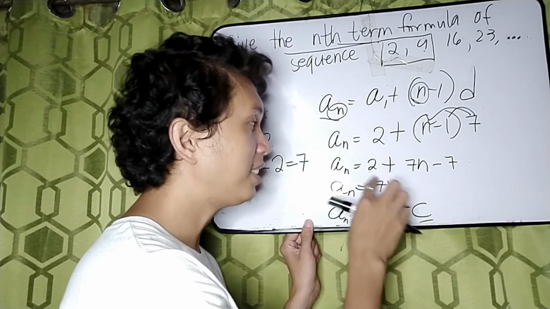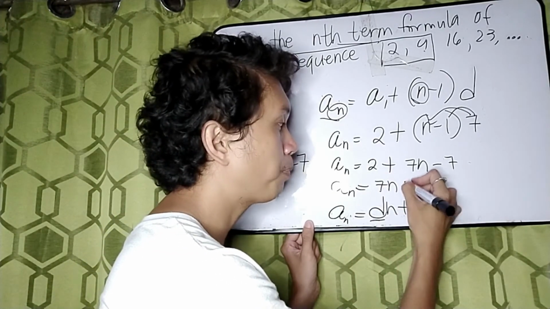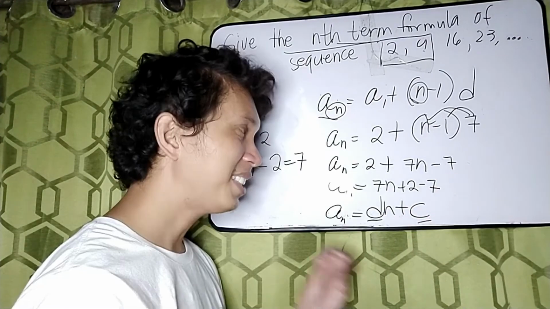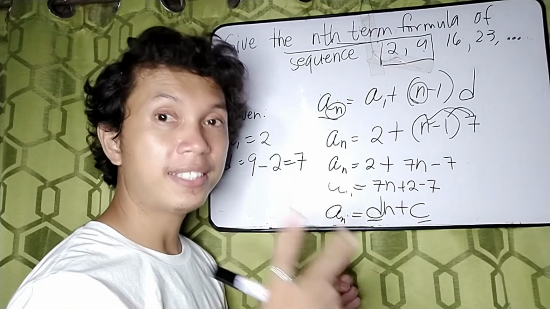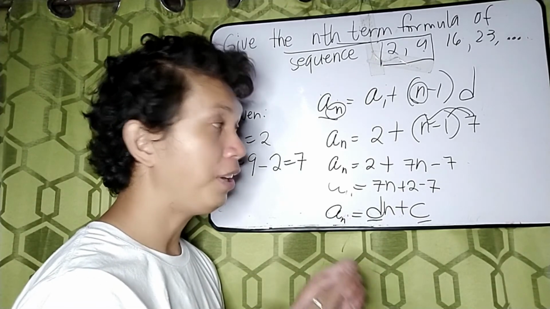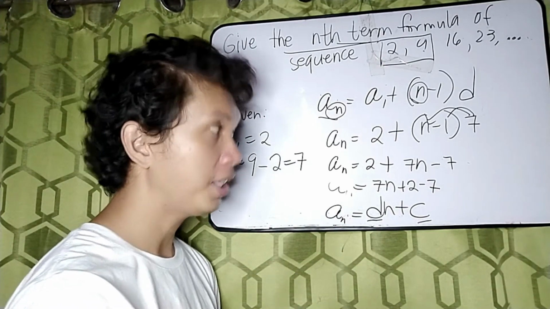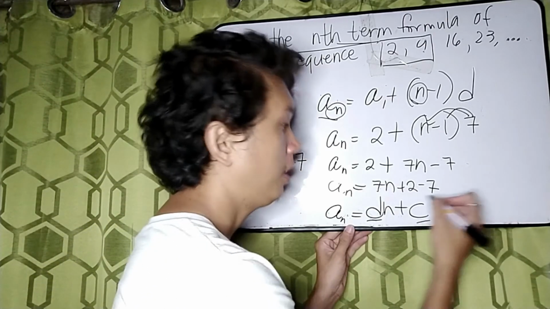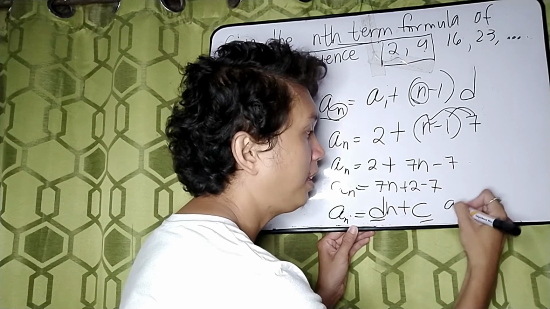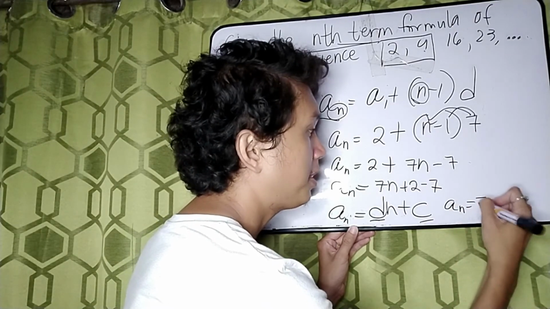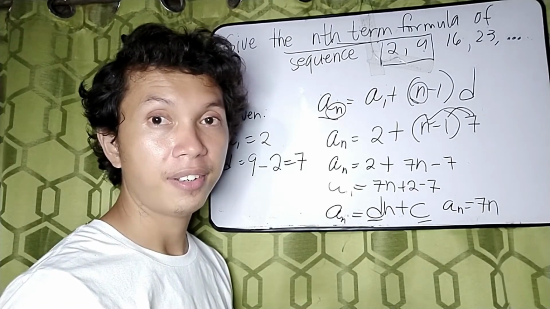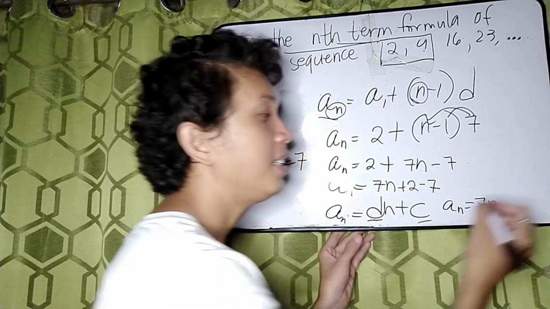Next, 2 is positive, plus 2 minus 7. Since we have two numbers with no variables, we can perform the operation between them. Let us copy those unaffected: a sub n equals 7n, and 2 minus 7, so that is negative